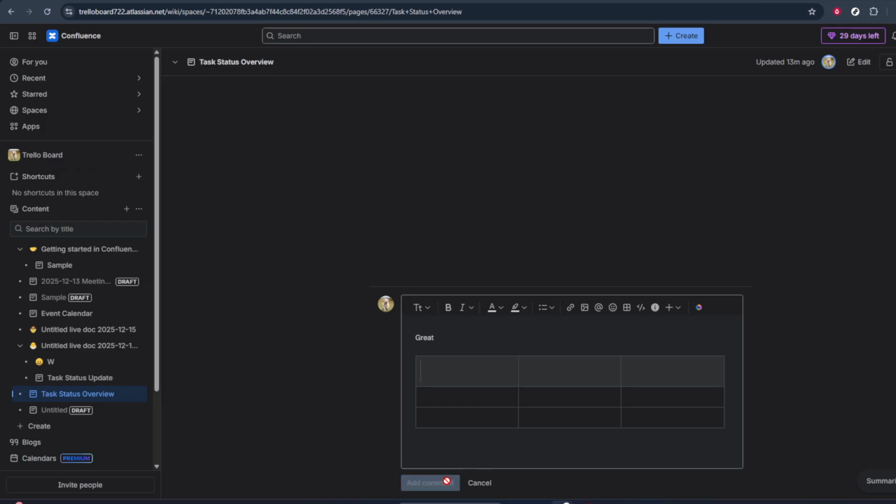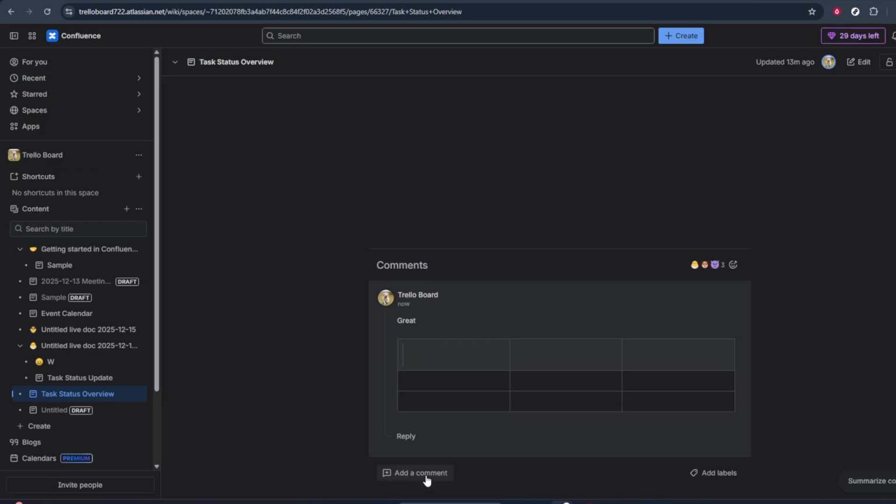And that's all it takes to comment in Confluence. Select a page, open the comment box, type your message, and click Add Comment to